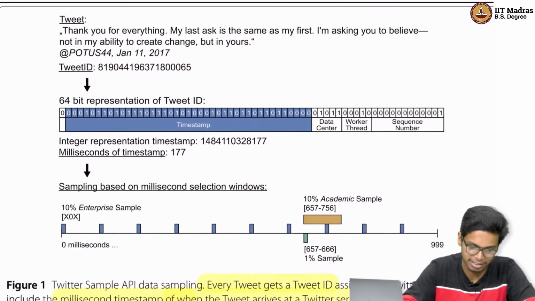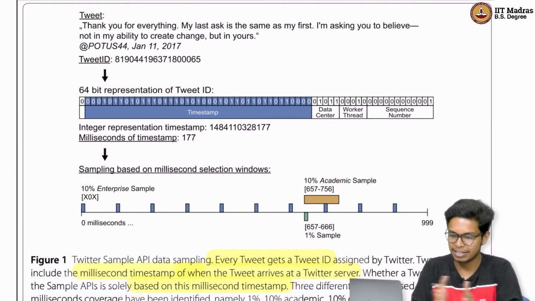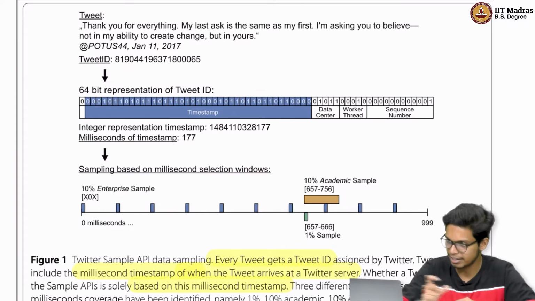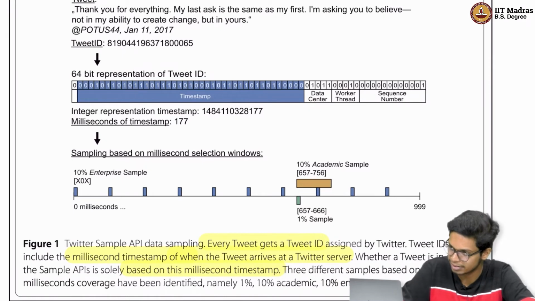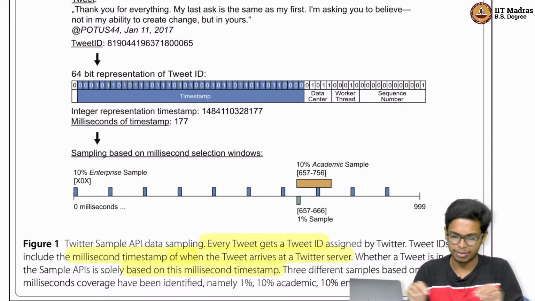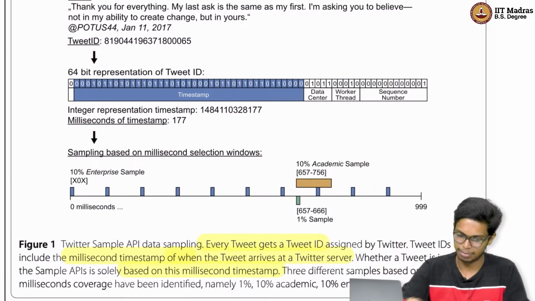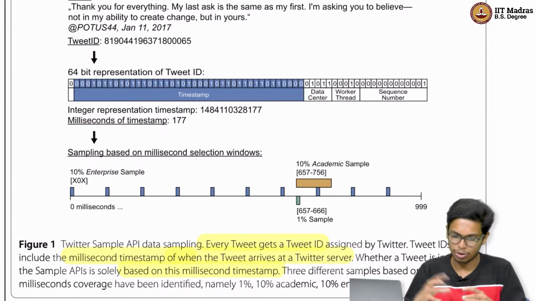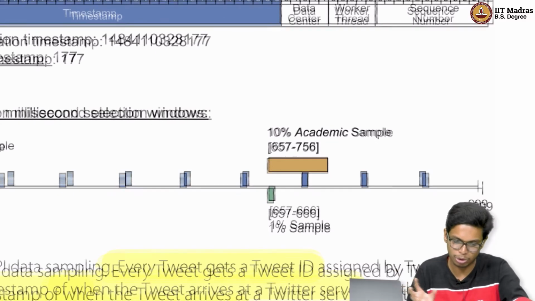So this blue part, in this 64-bit representation, shows you the 64-bit integer encoding of the timestamp of the tweet, and you can very easily encode this into the milliseconds of the timestamp. And the bottom part gives you a very high level overview of which timestamps get into the 1% sample. So the Twitter API dump is biased in the sense that all the tweets made in the 657 to 666 millisecond time interval, all those tweets will go into the